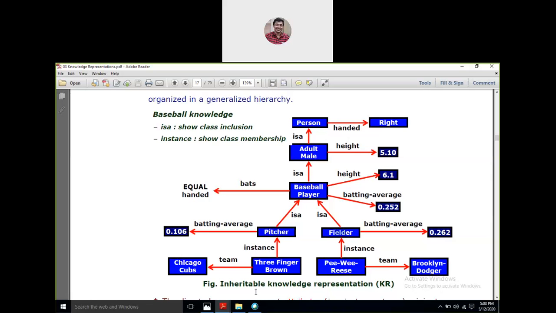You can see it here. They both belong to, or have a class inclusion to, the baseball player. A much higher order class inclusion is what? Adult male. Obviously, this is a much higher order inclusive class. And an even higher order class is a person. That means Brown and Reese overall can be included, that means a class inclusion will be under the person heading. Under the person heading. Fine.